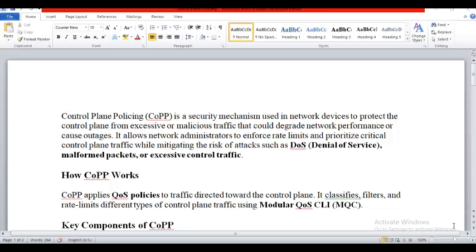But if there is some abnormalities, if there is some attack, if there is some malicious traffic, intentionally or unintentionally generated, unknowingly generated, this may tamper the CPU, disturb the CPU, so CPU will not be able to work proper.